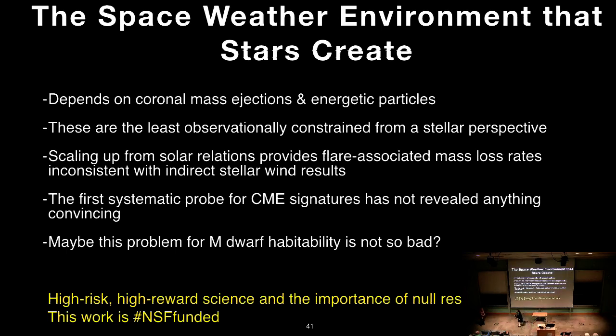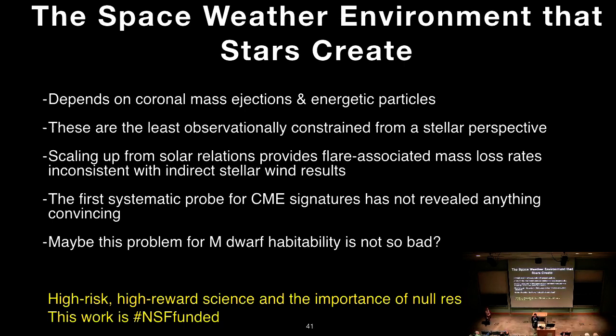So the reason why we went with this particular search of type 2 bursts was because it was a signature that was definitely produced from the CME and not the flare. And so the interpretation was simpler. So that was a big X. And I hope that this doesn't mean that no one else will ever try to detect a type 2 burst from another star ever. But I think it means that we need to turn to some of those other possible observational signatures that are going to be more thorny.